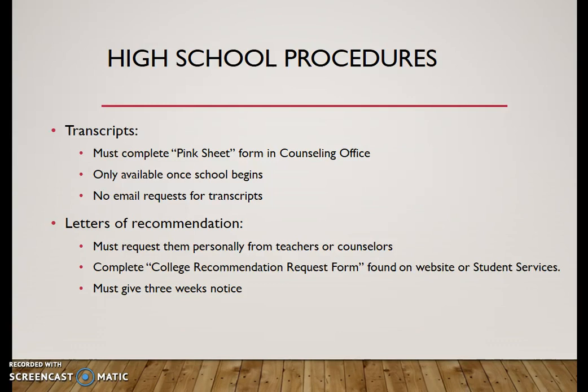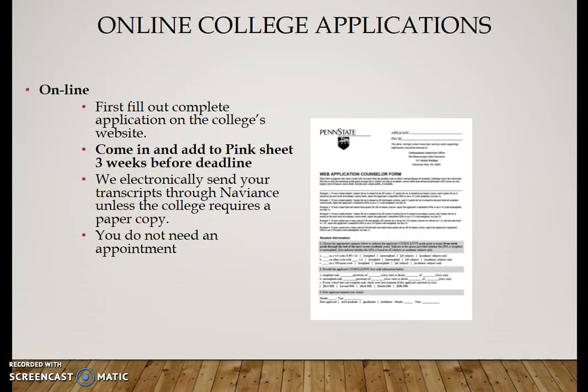We use Naviance as an electronic means to send all of your school materials out. The first way that you can apply to colleges is through an online application. An online application is an ability for you to go directly to the college's website, fill out their application, then